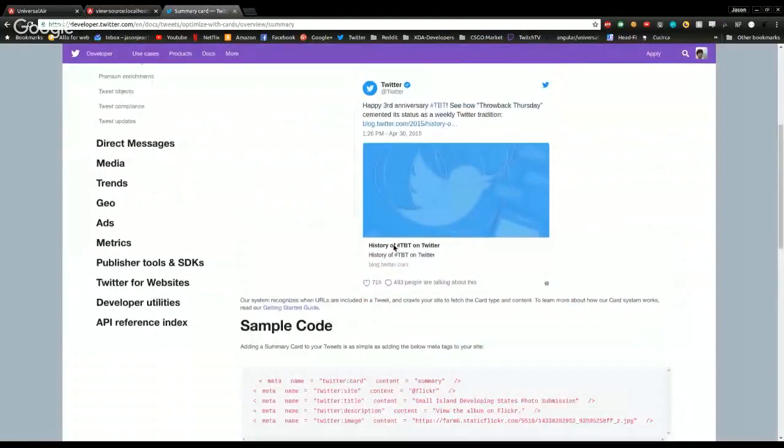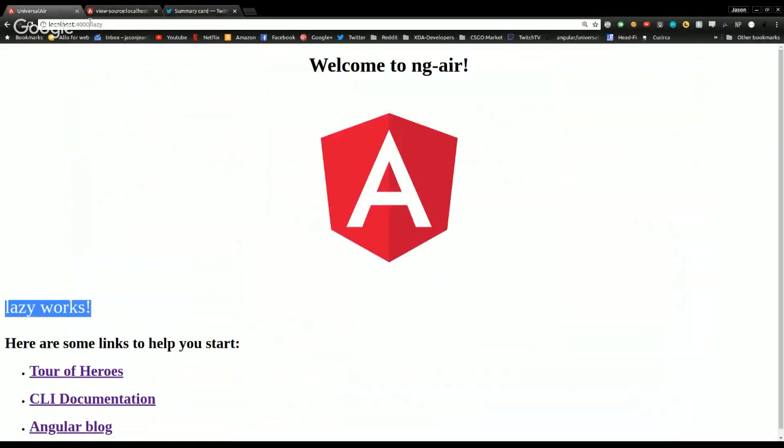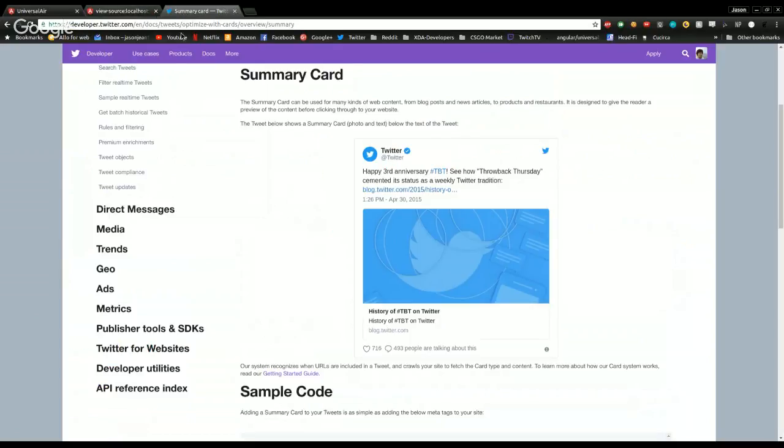So without this, what you would see in Twitter is some very basic information. You'd probably get a title and not much of a description, and that would be the only thing that shows up. You wouldn't get an image and you wouldn't get the site. But if you were to deploy this online and someone was going to share, let's say, universalair.com, nobody take that please, you would get something like this and you would get